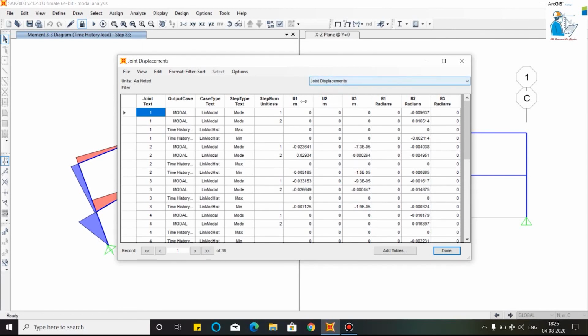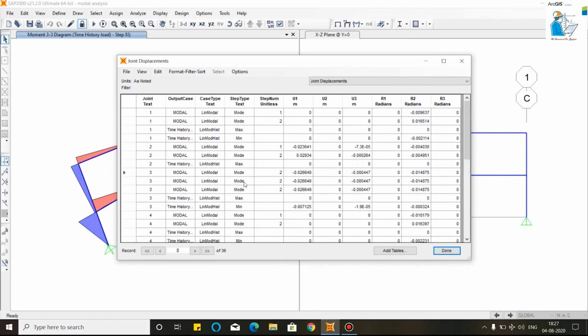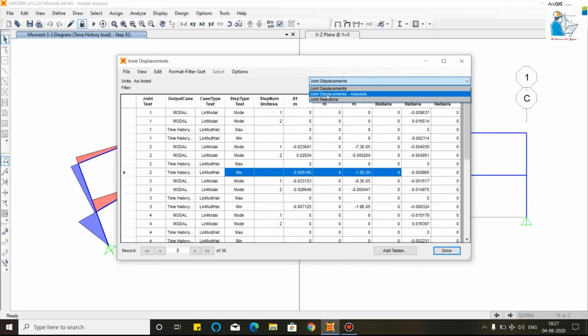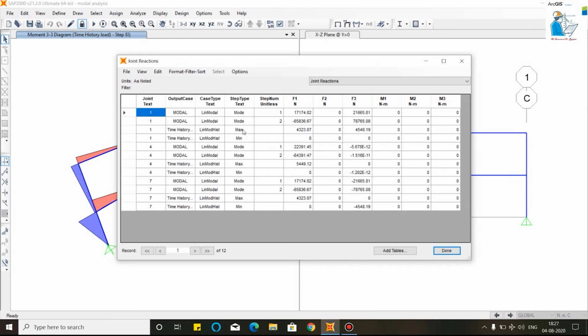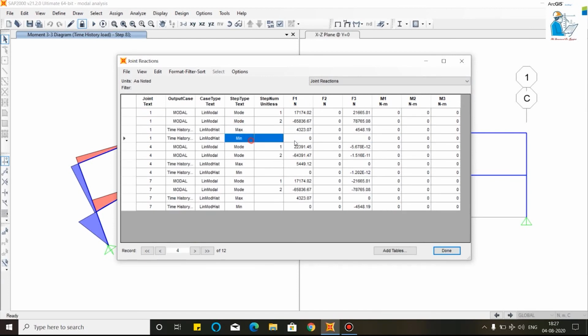As you can see, your joint displacement maximum for a particular joint, minimum is this for a particular mode. This is the joint reaction. This is the maximum joint reaction. Minimum joint reaction is 0. In this way, you can find the maximum and minimum.